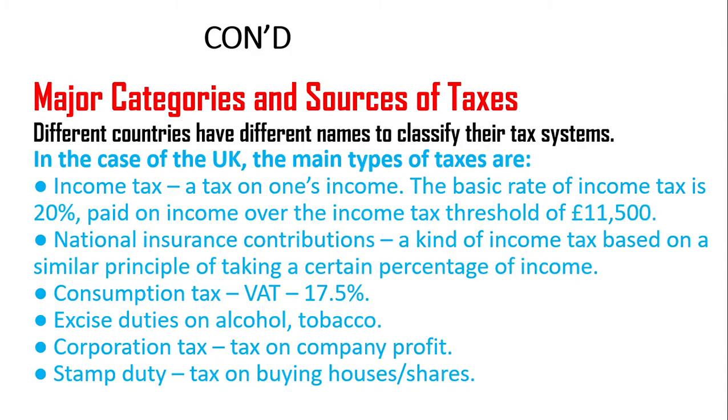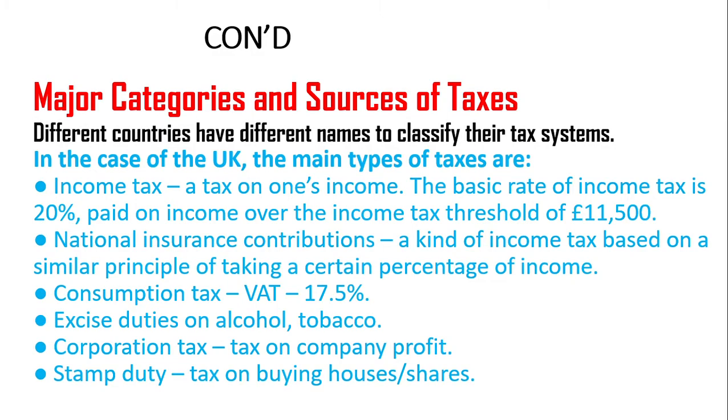Major categories and sources of taxes የሚባሉትን እንዴ different countries have different names to classify their tax systems። የተለያዩ ሀገራት የተለያየ ሲስተም ይጠቀማሉ ታክስ ሲስተምን ክላሲፋይ ለማድረግ። ለምሳሌ in the case of the United Kingdom the main types of tax are as follows። የተለያዩ ሀገራት የተለያየ ታክስ ክላሲፊኬሽን ሊጠቀሙ ይችላሉ እንደ ሀገራቸው ማለት ነው። ለምሳሌ የዩናይትድ ኪንግደምን ወይም ደግሞ የእንግላንድን ኬዝ ነው።